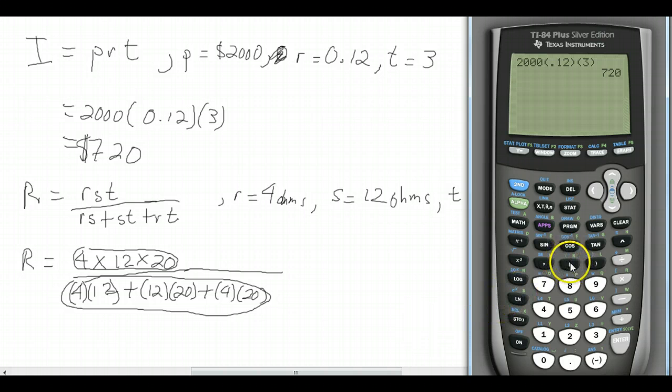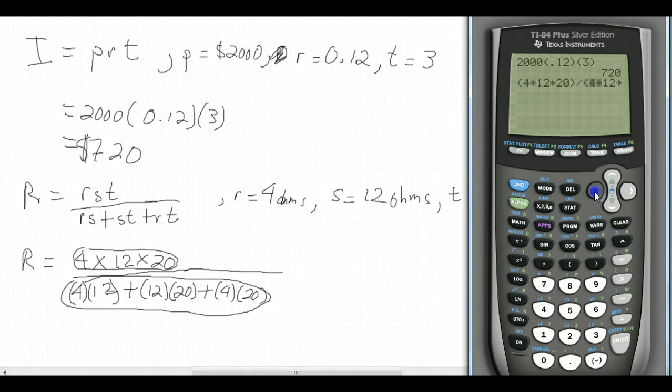We're going to put down a bracket, and we're going to use that for the top expression, which is 4 times 12 times 20, close bracket, and that's going to be divided by the bottom expression, which is 4 times 12 plus 12 times 20 plus 4 times 20, close parenthesis, and I'll just scroll back there